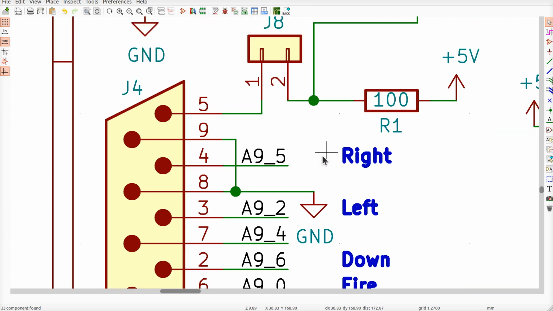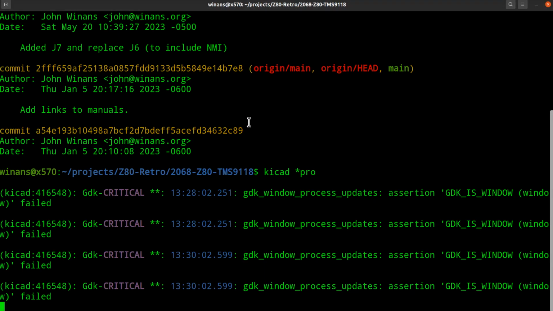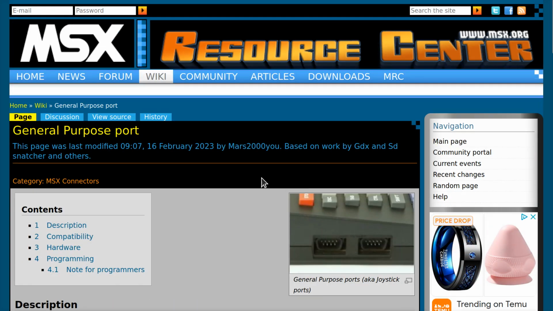So now that I've done all this, and I did it while talking, I need to make really sure that pin 7 is the button 2, and 9 goes to ground, and 5 goes to 5 volts. I believe that is correct. 5 goes to 5, 9 goes to ground, 7 is the new button number 2, and we're all done. Woohoo! All right, so I'm going to push this up as Rev 2.1